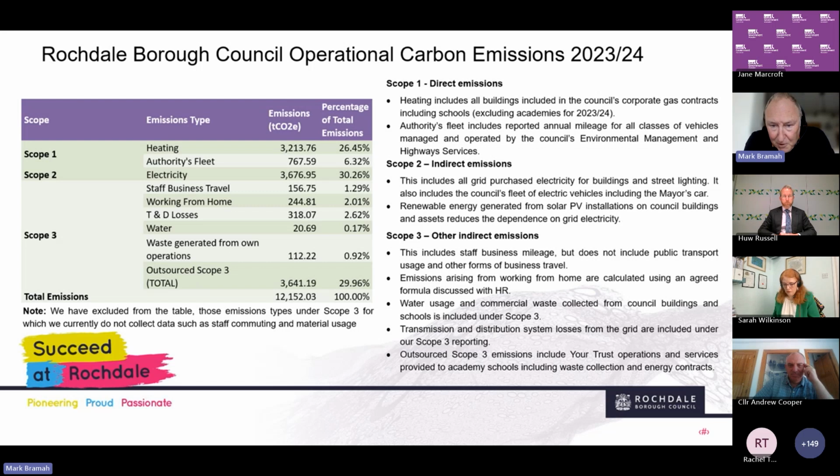We treat it as grid purchased electricity. And it also includes the council's electric fleet of vehicles. And of course, we don't want to omit the mayor's car from that, which is an electric vehicle. And obviously, the renewable energy we generate from our own assets reduces our dependence on grid electricity, and we've now